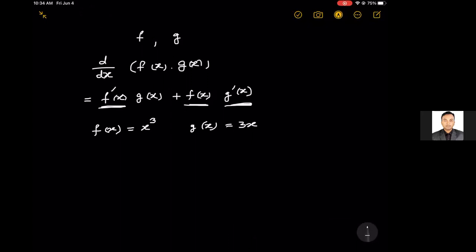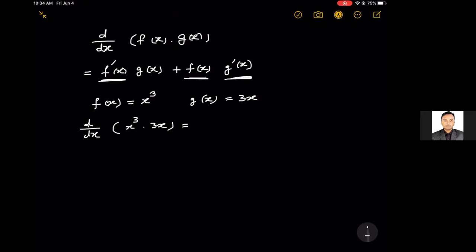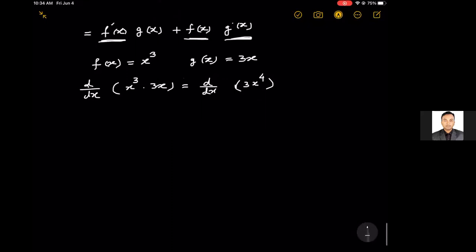So if we just multiply these two first and find the derivative, x cubed times 3x is 3x to the fourth, okay? And 3 is a constant, so we can keep that outside, and we can find the derivative of x to the fourth